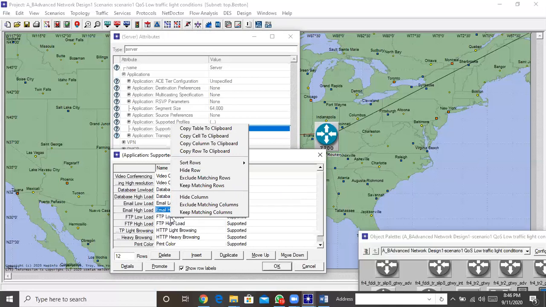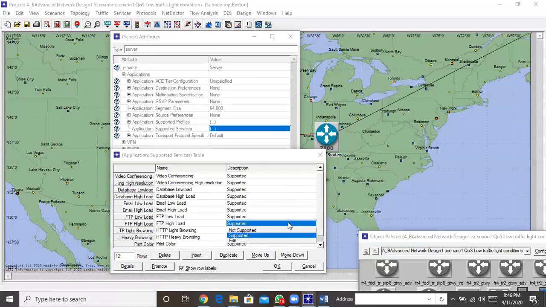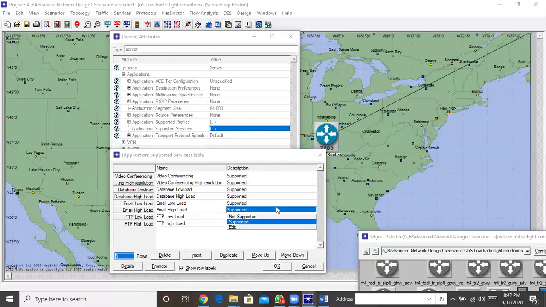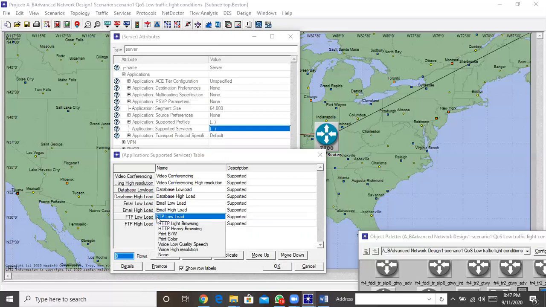Exclude matching row, keep matching, sort row. We have to remove about 4 of them, so meaning you are remaining with 8. Yes, we are remaining with 8. So meaning we should maintain, we have to put the